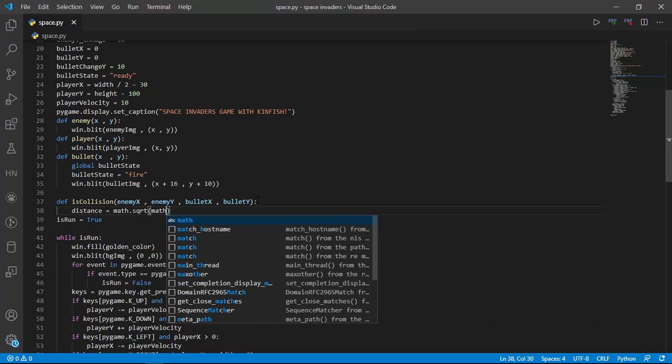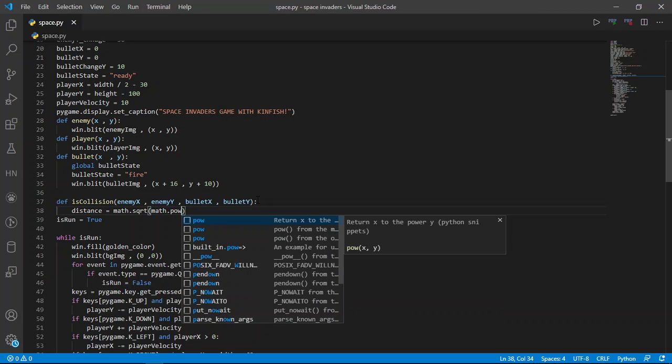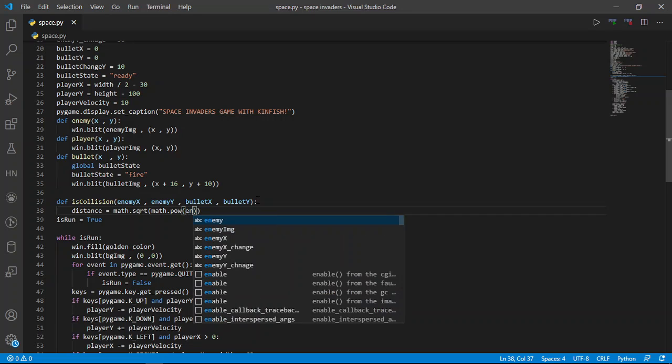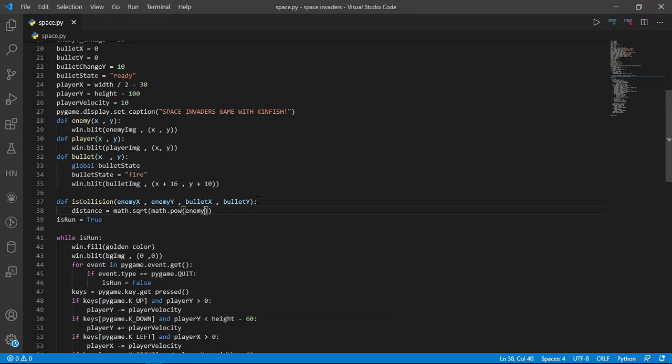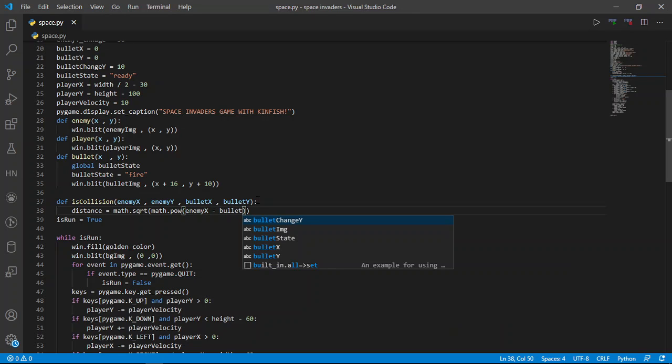I'm going to use math dot pow. Assume the axes are enemy y, enemy x, bullet x and bullet y. We are going to take the enemy x as the reference, enemy x minus the bullet x, raised to the power of 2. The second argument is the power, because the first argument is going to be the base number. After just setting this we are going to add the math dot